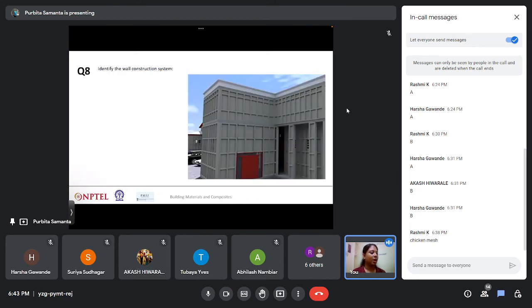Okay, so now coming to our eighth question. In the eighth question, what do we have? Identify the wall construction system. Yes, any guesses? Does it look like any kind of